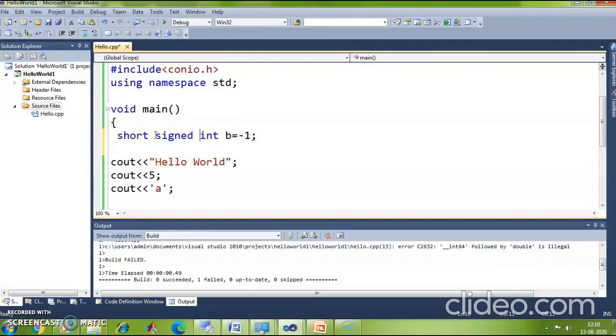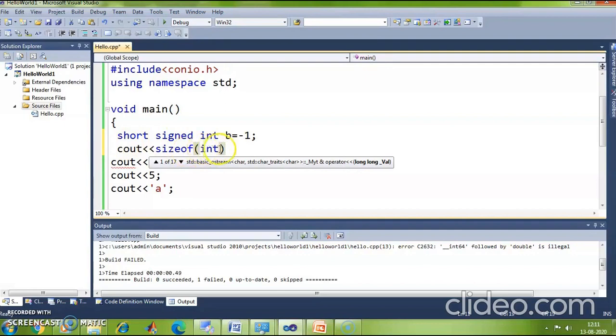Okay, so let us see what's the size of integer and what is the size of short integer. So I am using a function sizeof to check the size of integer data type. sizeof is an inbuilt function which is used to determine the size of a particular variable or a particular data type.